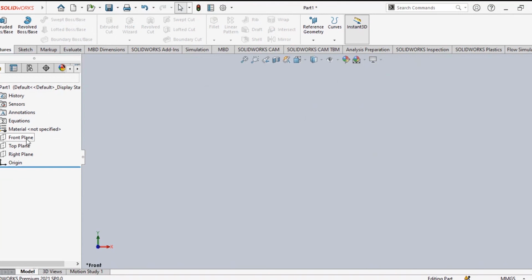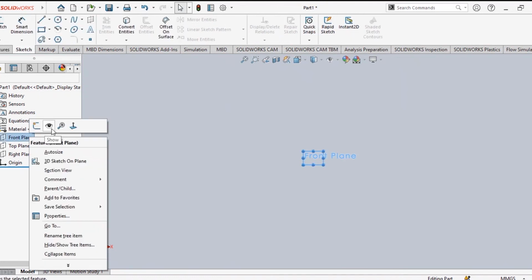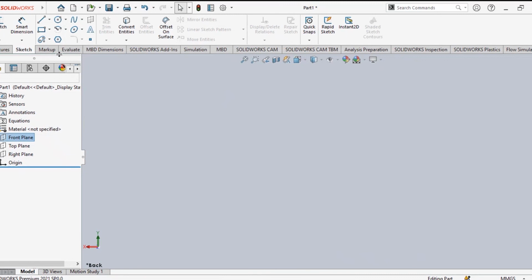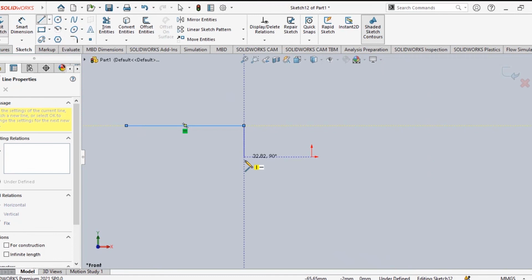We select front plane. We're drawing the front plane. Okay, right? Sketch. Front plane, normal to sketch. So what we will do is, suppose we are drawing some zigzag path. This is one.